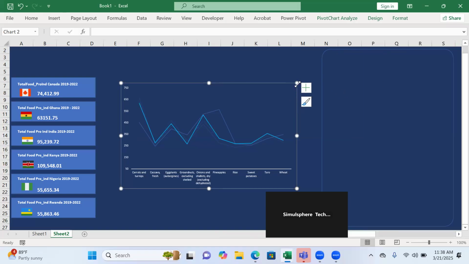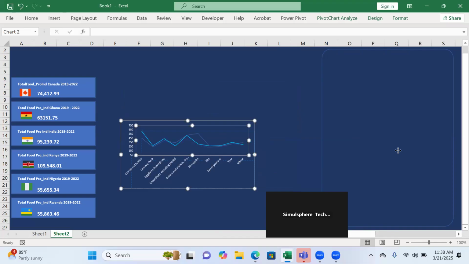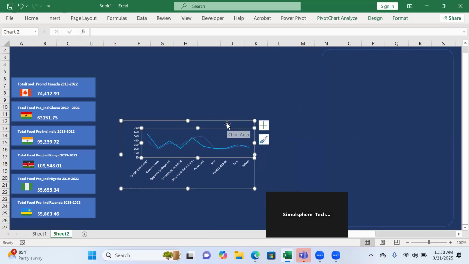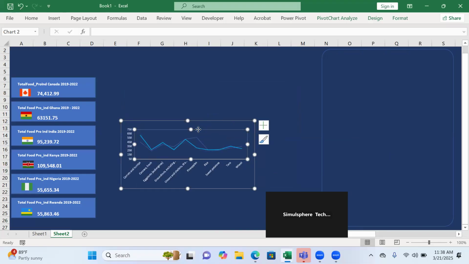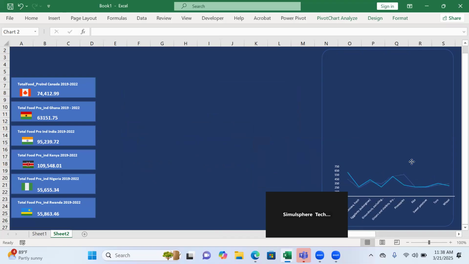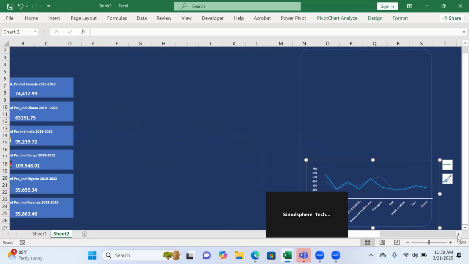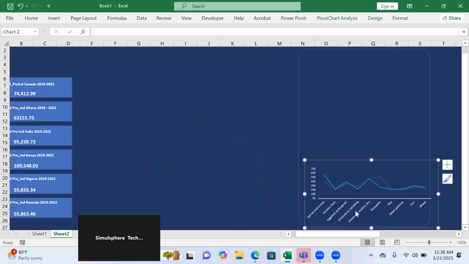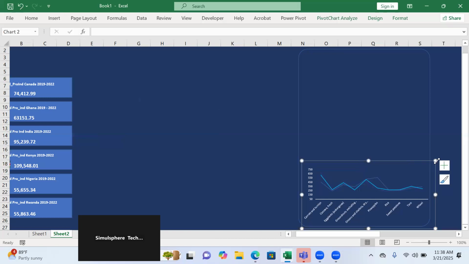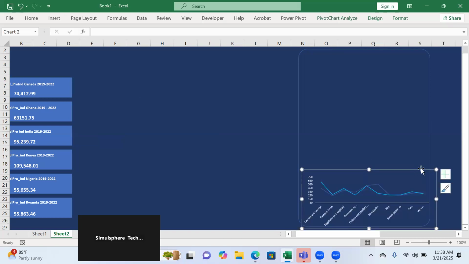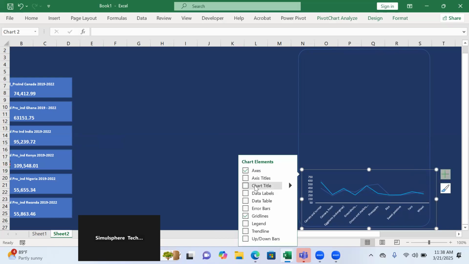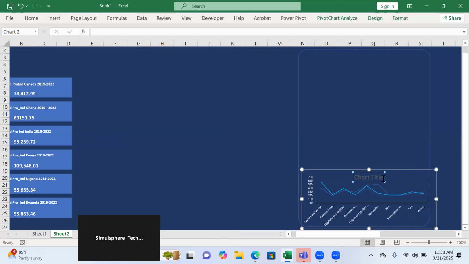That said, I'll shrink this and paste it here. One more thing my chart is missing. It doesn't have a chart title. My chart is missing a chart title. Okay, still need to shrink it. So to add the chart title, I click that plus icon, select chart title, and then I'm going to be calling this